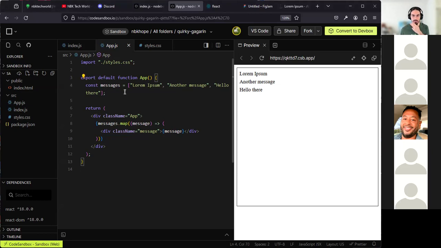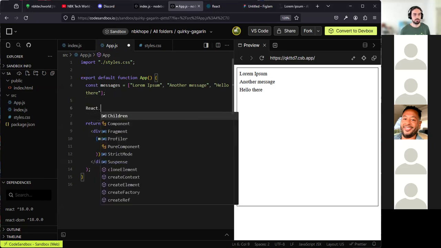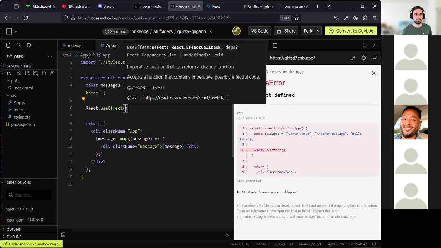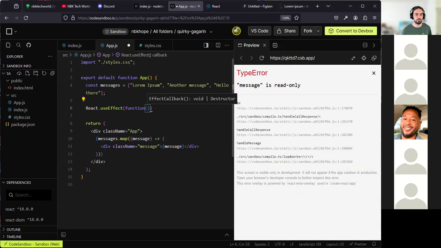this is nice, but we must get these messages from a server. So how do we do that in React? Well, typically, if you want to fetch or make an HTTP request, it's called a side effect. So they have a hook called useEffect for that. So let me try to make useEffect. Call it like this, and you pass a function as the argument. It can be a function keyword or arrow function, doesn't matter. So if you do it like that,